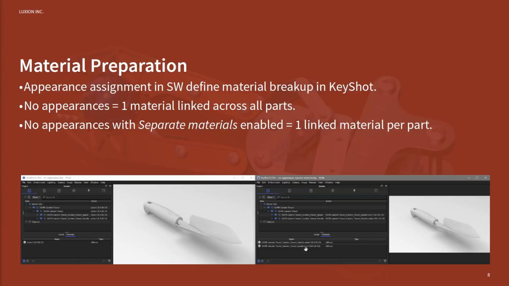But there is a little extra breakup if you do have separate materials enabled. So on the left side, there were no appearances assigned in SOLIDWORKS, and separate materials was disabled. And you can see in the project materials list, there's only one material for the 3 parts in this scene, and those are all going to be linked together. So if you drag and drop a material from the library, it's going to paint up